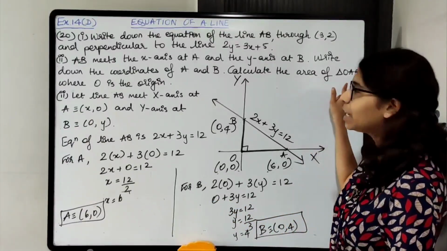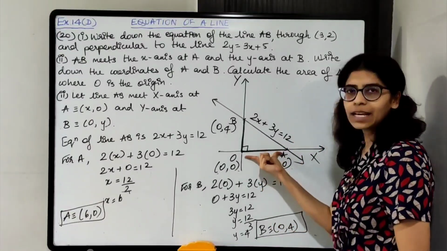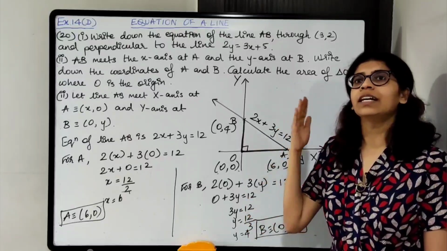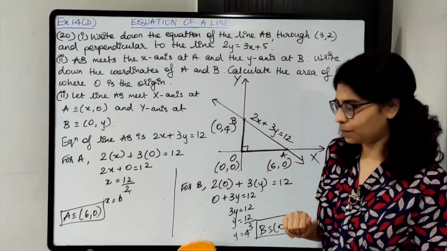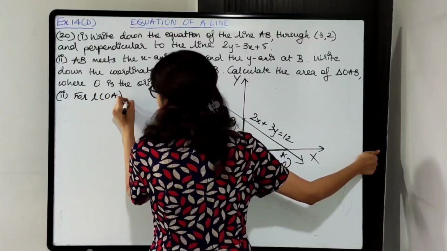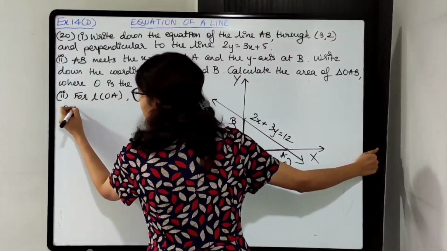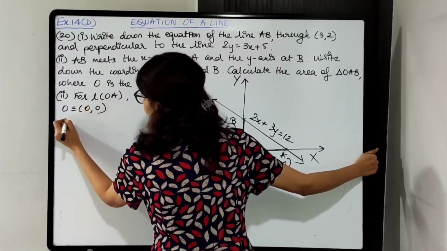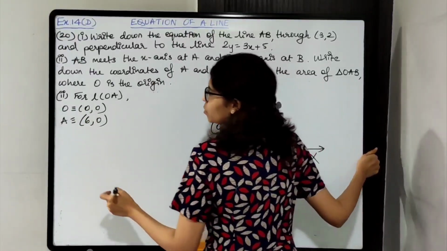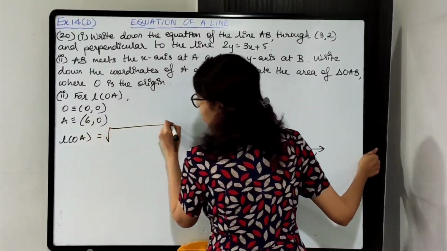Let us find out the area of triangle OAB. For that we need OA का length and OB का length. So let's find the lengths of OA and OB and then find the area. So for length of OA, first write down the coordinates of O and A. So O है 0, 0, origin है. A is 6, 0. So length of OA by distance formula, it will be under root